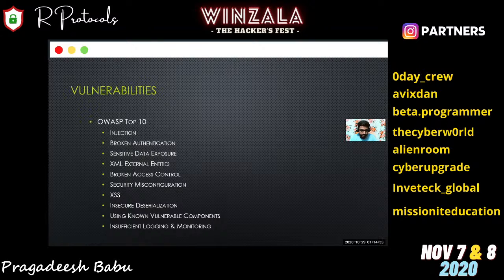And using known vulnerable components. Some applications have inbuilt vulnerabilities. Consider a video editing application which has RCE, remote code execution, enabled.